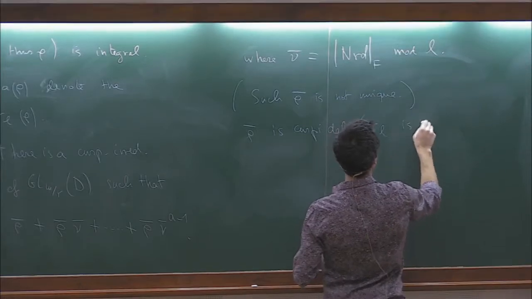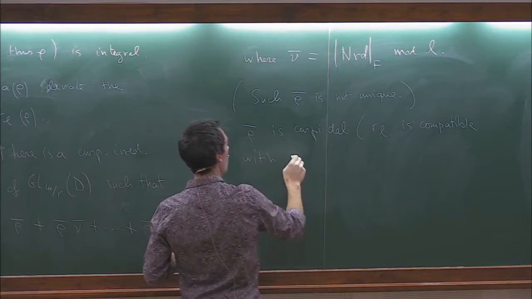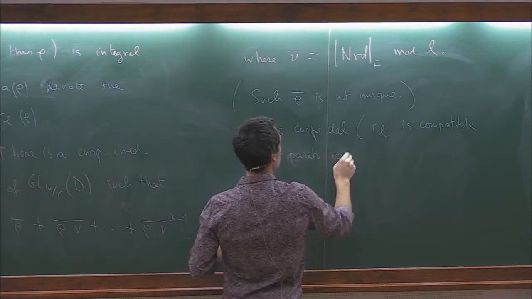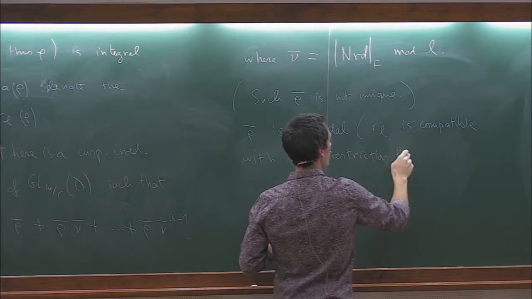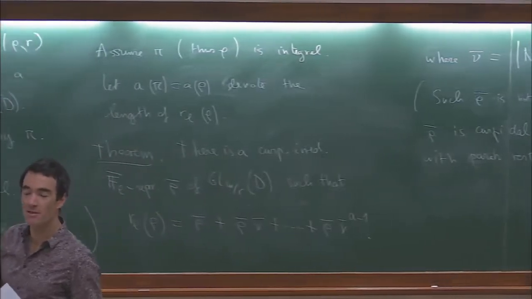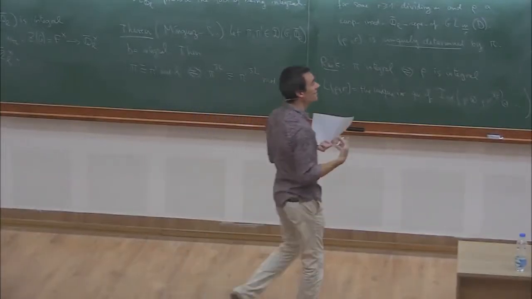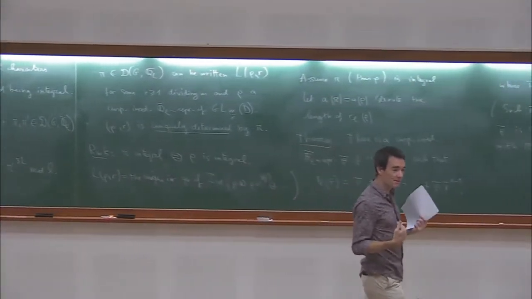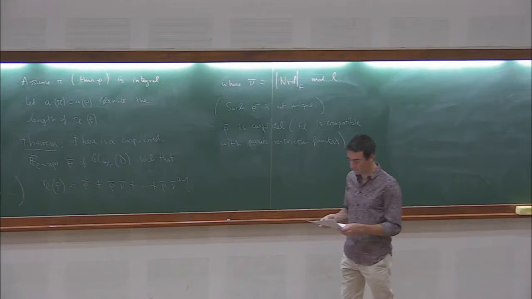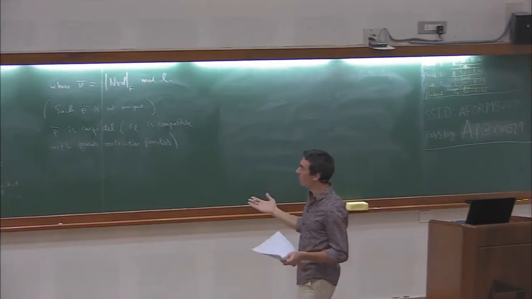So r_L is compatible with parabolic restriction functors. Rho bar is cuspidal over F_L bar, but we know that there is a difference between cuspidal and supercuspidal. So the question is, rho bar is always cuspidal, but is it always supercuspidal? The answer is no. It need not be supercuspidal, and this lack of supercuspidality will give us another invariant.